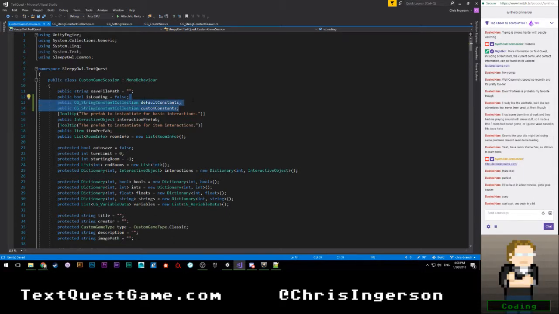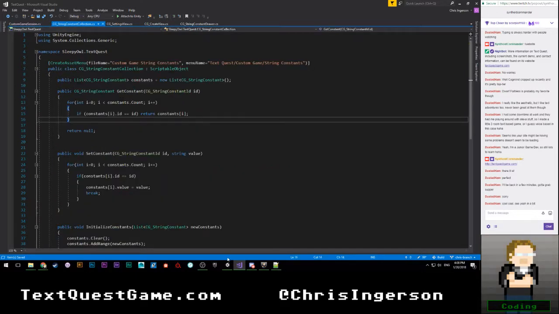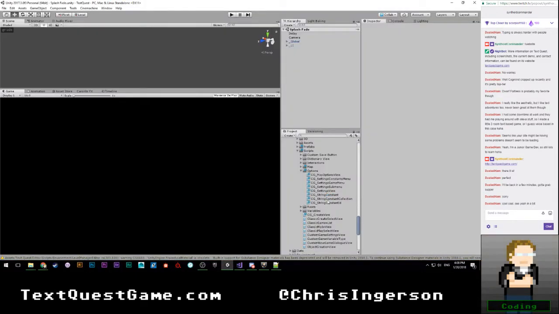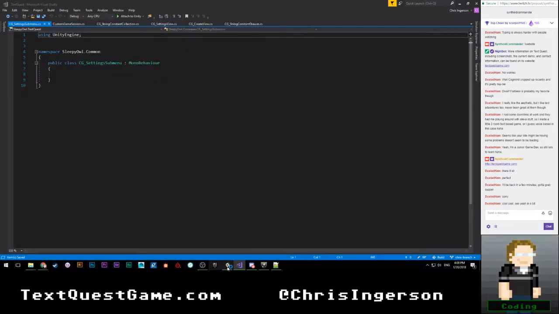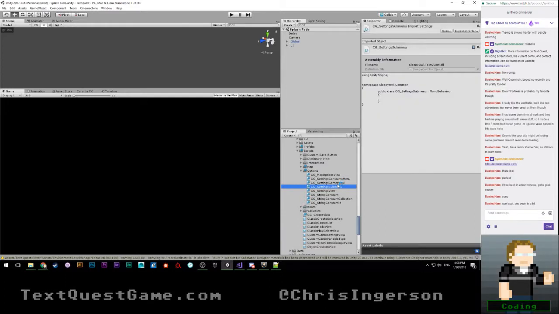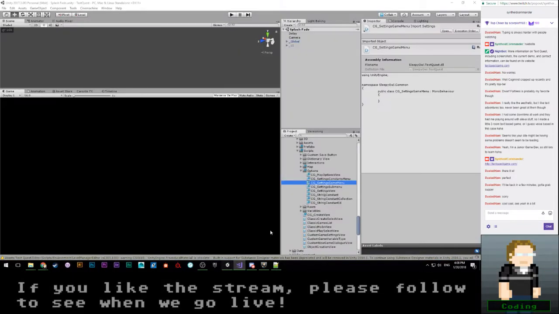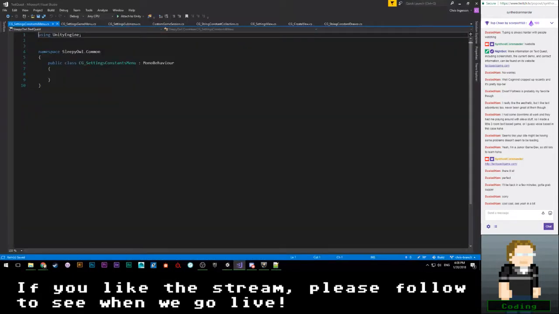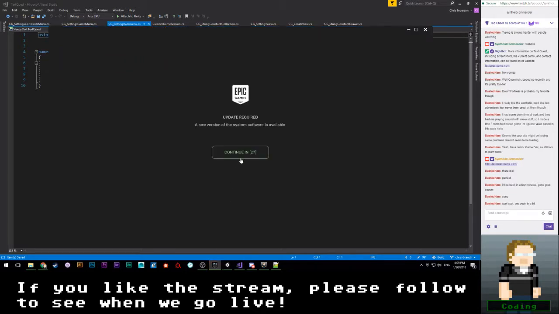So what, does the new version of, whatever. Let's go ahead and we want to go to, let's see, submenu. And I accidentally opened Unreal. Settings game menu and settings constant menu. Okay. So, yes.